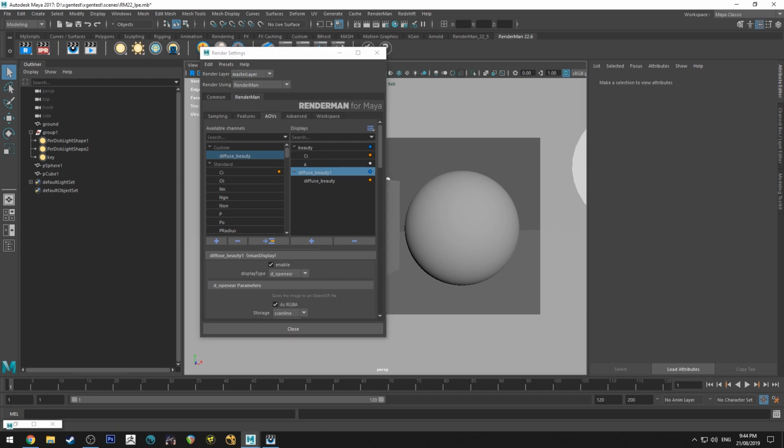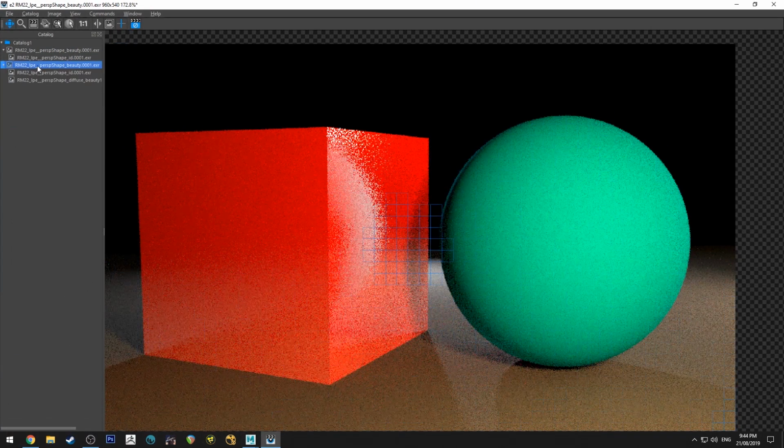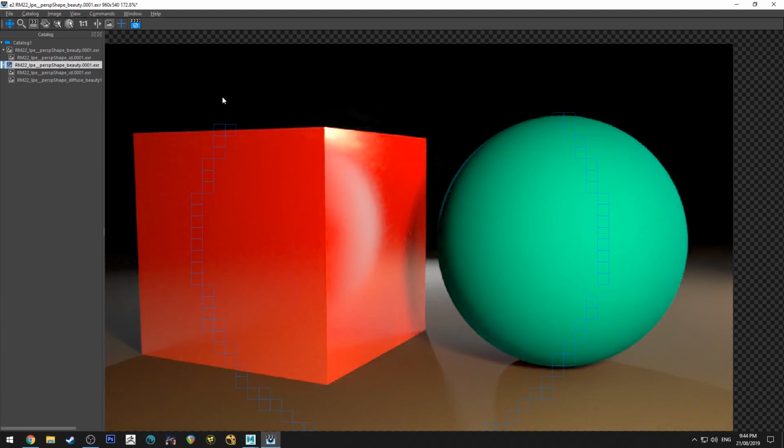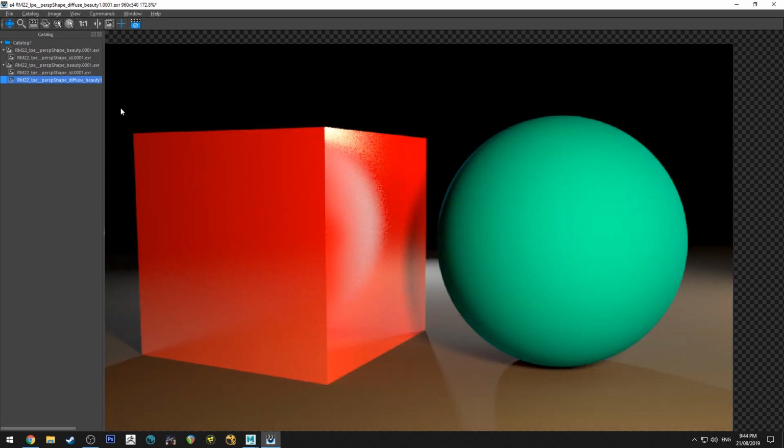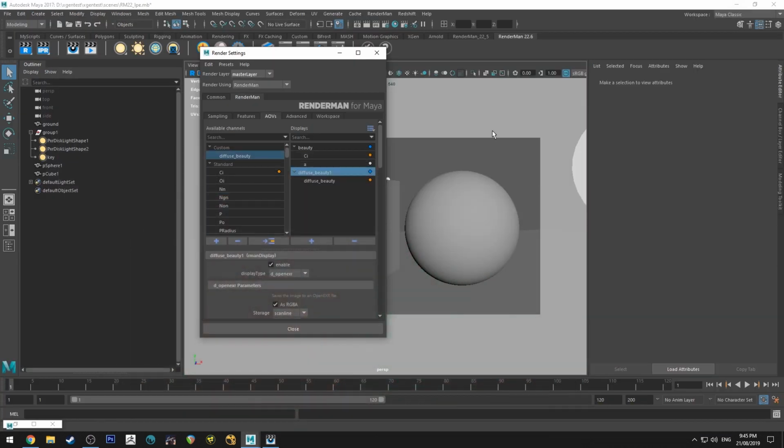And if we run an IPR in the it viewer, you can see that I can't denoise this. That's me hitting N. Oh, I can actually. Interesting. Well, we can denoise this. Now, this is something I've noticed with the denoiser, and it doesn't like denoising these passes. I don't know if I'm doing something incorrectly. I'm pretty confident I'm doing it right, but it does actually denoise them when it batch renders it out. So if you hit N and it looks like this, then don't worry too much. But yeah, so that is our beauty pass, and that is the pass we just made up. Obviously they look identical because they are the same LPE. So we can get rid of that because we already have a beauty pass, so that's fine.